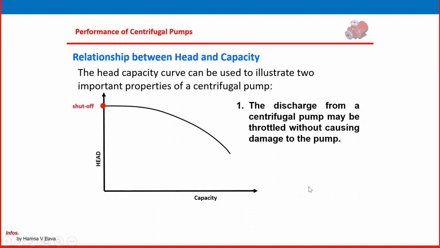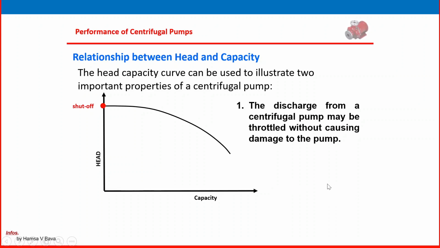This is why, before starting a centrifugal pump, the discharge valve is recommended to be closed, and once the head pressure is maintained and stabilized, the discharge valve is opened slowly, not completely, without losing the discharge pressure. From this curve we can identify that even though the discharge valve is closed fully for some time interval, it will not damage